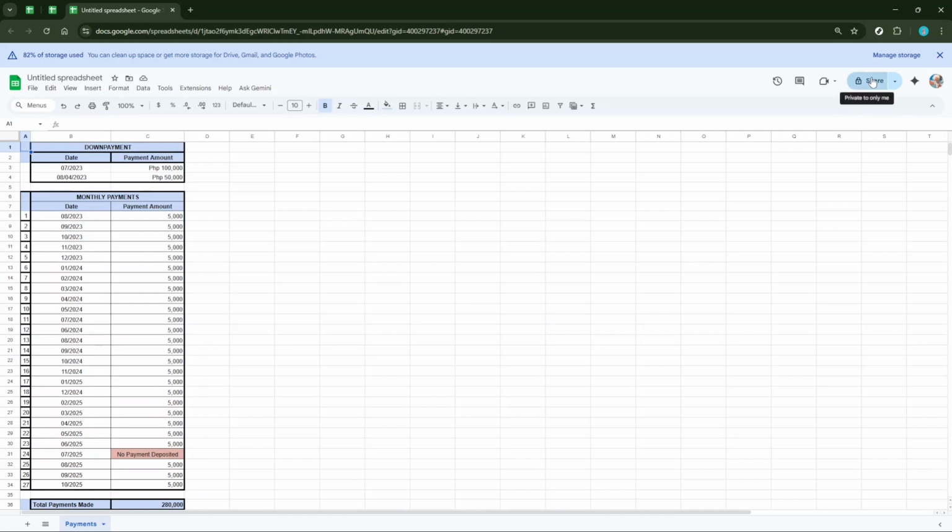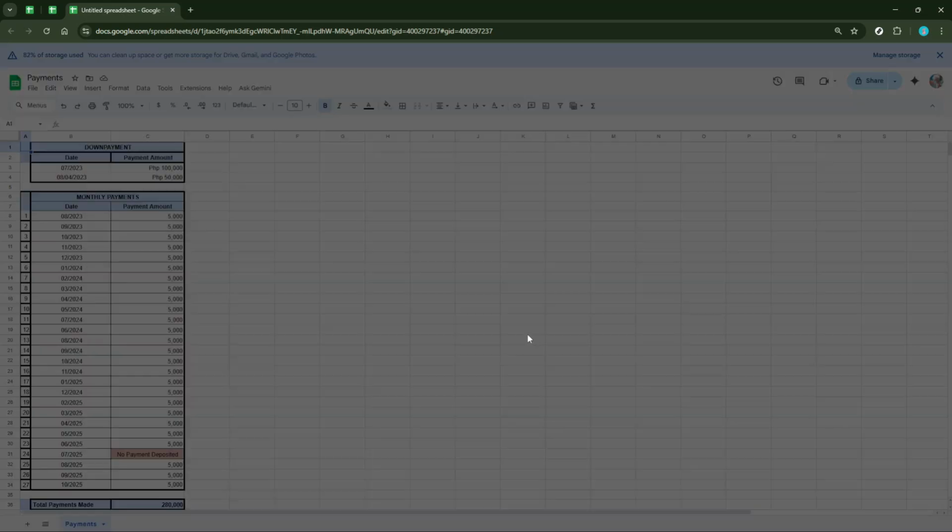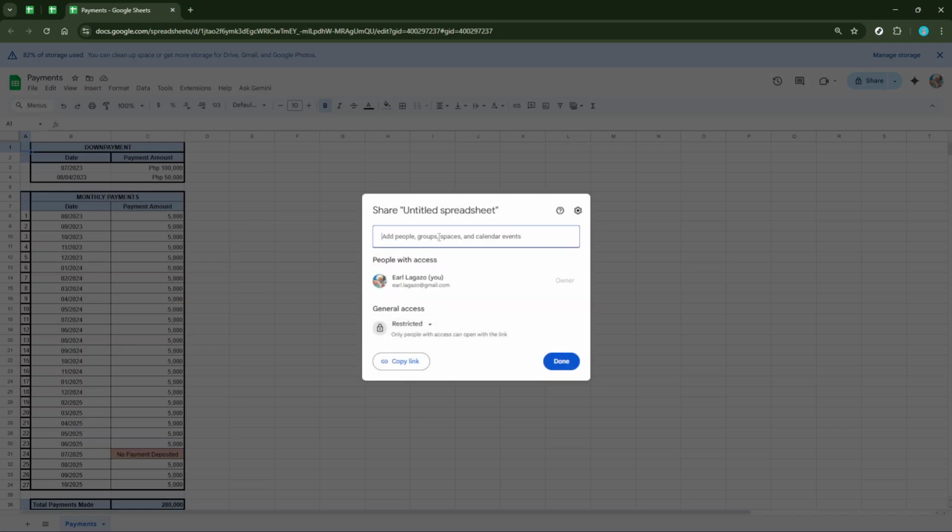Sharing this document. Look towards the top right corner of your screen and click on the Share button. This button is your gateway to collaboration. Here you'll have two main options. You can either invite individuals directly by entering their email addresses or, for broader access, create a shareable link. If you choose to enter email addresses, make sure they are correct to avoid any access issues. On the other hand, if you opt for a shareable link, ensure to set appropriate permissions to control who can view or edit the document.